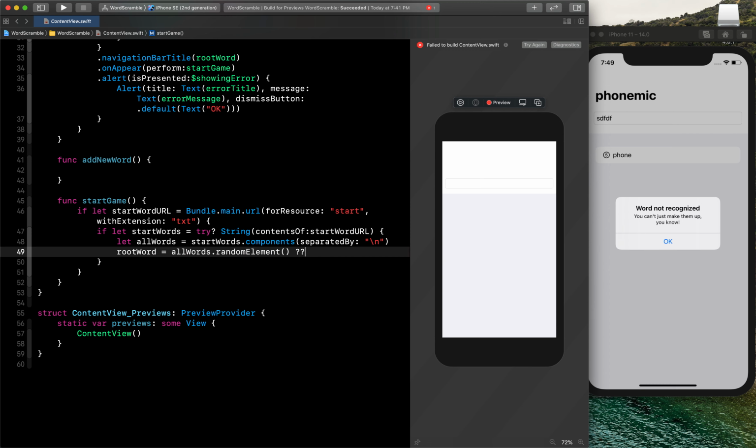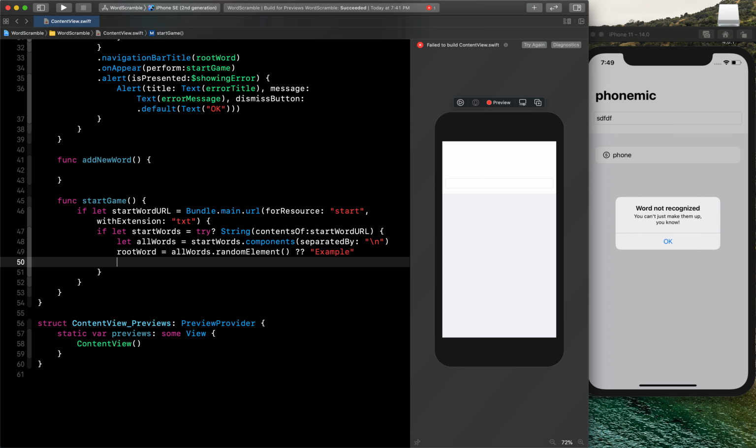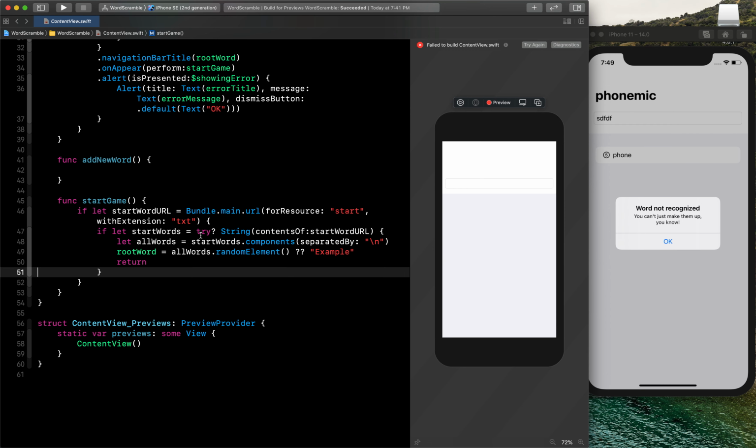We also need to provide one optional default word in case we don't find any word, so I will say example. And at the last we just have to call return. Like this we will get the word.